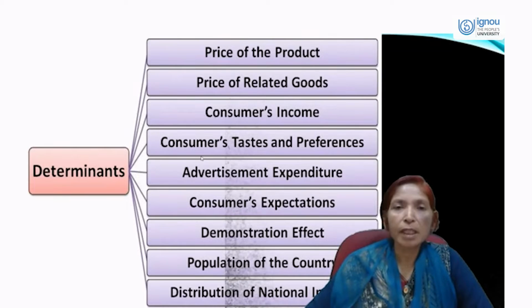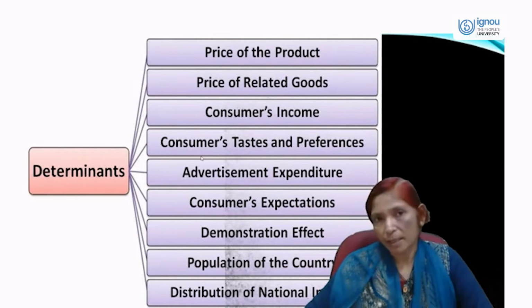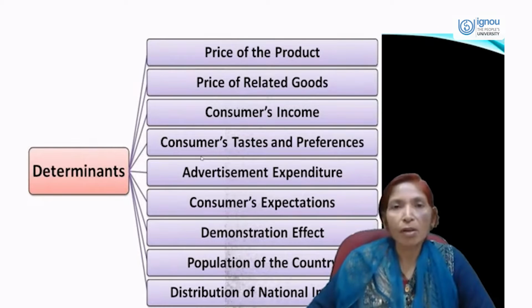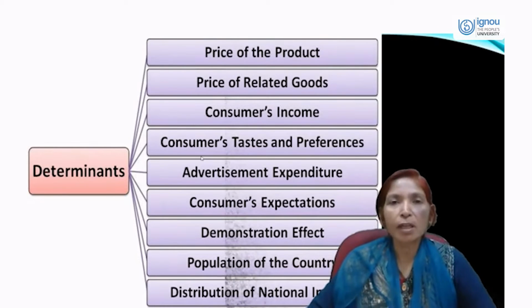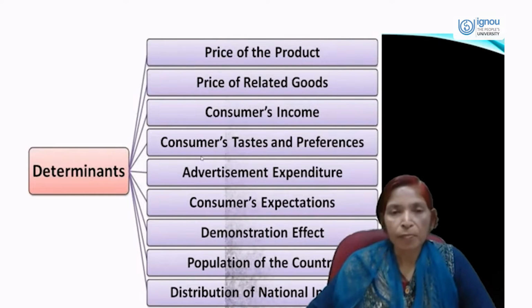For example, tea or coffee. If the price of tea rises, then demand for coffee will rise. And if the price of tea falls, then demand for coffee will also fall. These are called substitute goods. And in case of